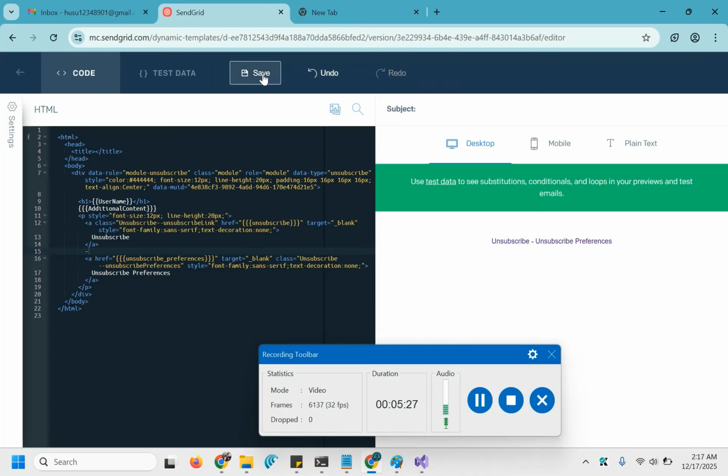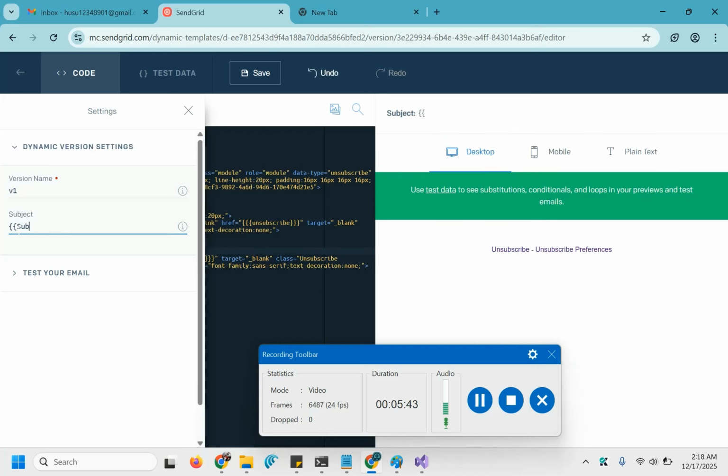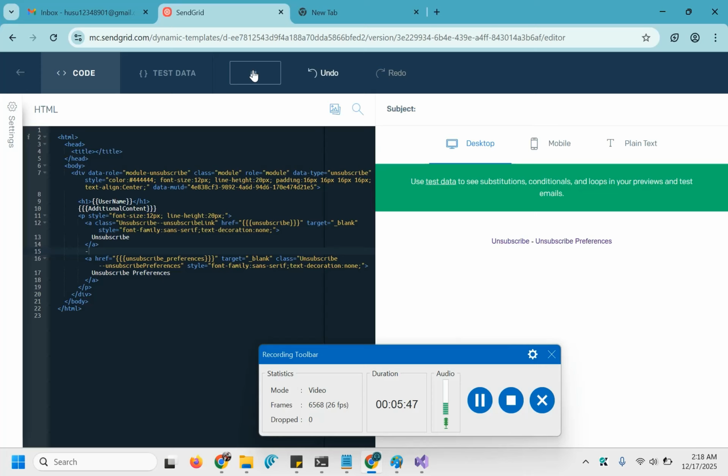Again, let me try. Yeah, it's updated. So what we need here is, I need to provide subject here as a variable as well. Otherwise, yeah, it's saved.